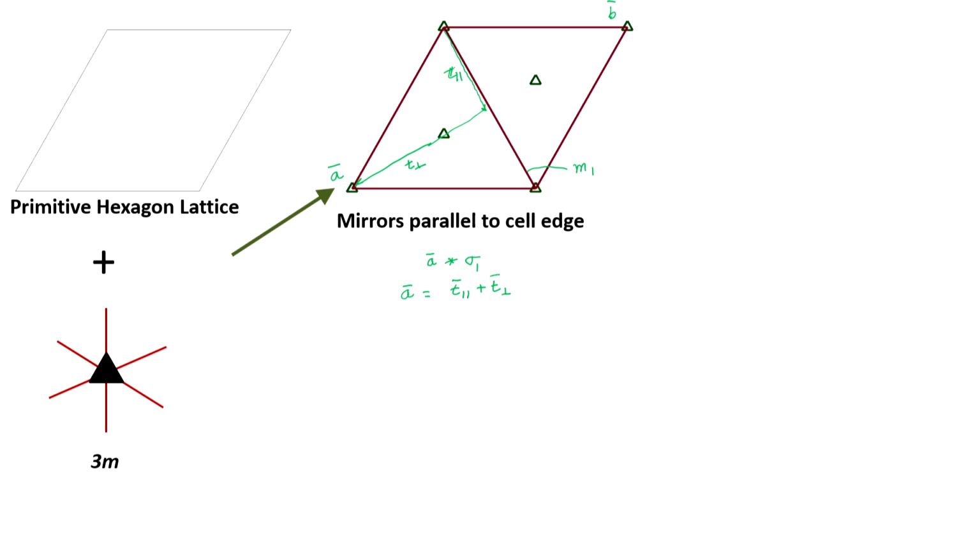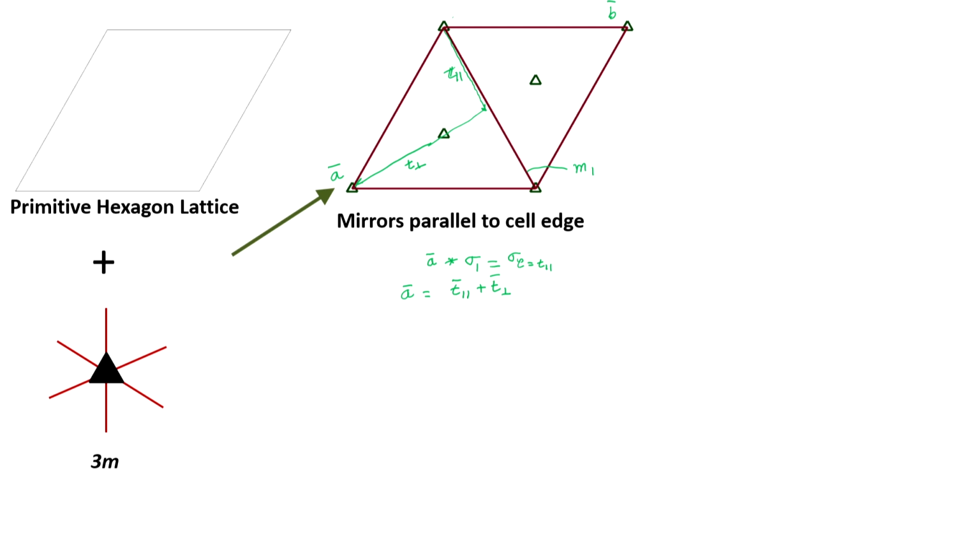Now, one thing to note is that the magnitude of T parallel is exactly half of the lattice translation along that direction, because the lattice translation would be going from one corner of the cell to the other corner, and we are at midway. Therefore, the result of this combination of reflection and translation should be a glide sigma tau, where tau is the glide translation, which would be equal to T parallel, and we have already seen that this is exactly half the lattice translation. Hence, this is definitely a glide plane.